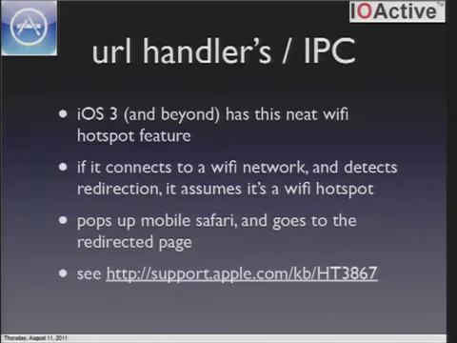As of iOS 3, they have this cool feature called Wi-Fi hotspot. And what that thing does is, this stuff is on by default. And as soon as you connect to a Wi-Fi network, the very first thing iOS does is it goes out to www.apple.com. And if it gets a 200 response back, it says, that's fine, I have a good network connection. But if it gets a 302 back, which is an HTTP redirect, it says, oh, this must be a Wi-Fi hotspot. Why don't I bring up the browser and let you log in? And it kind of looks like this,